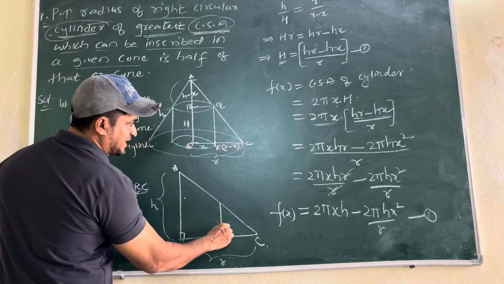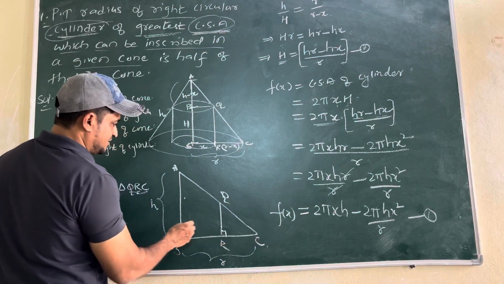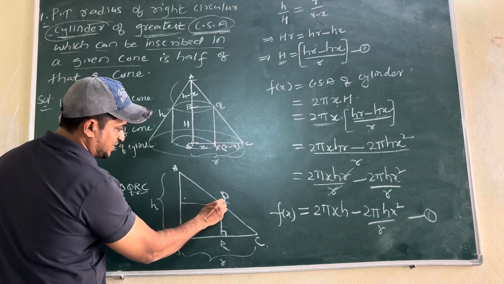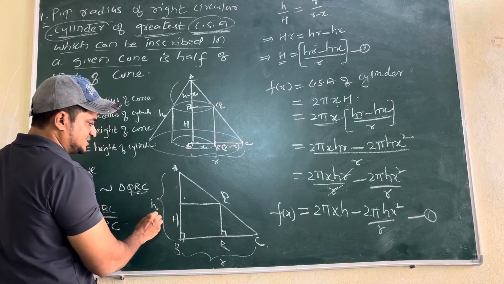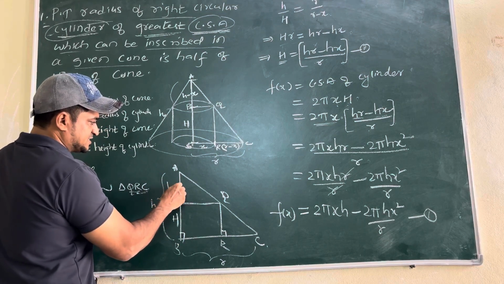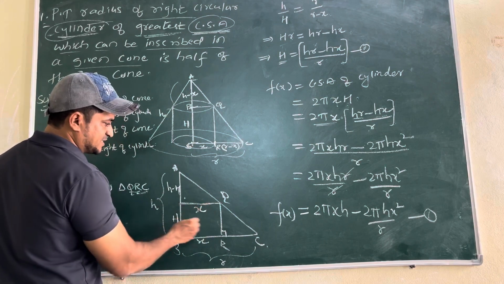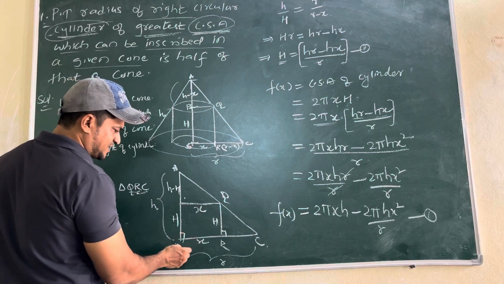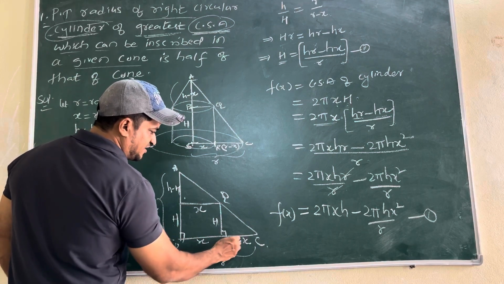There is one more triangle from this one, which is R, Q and C. We are joining this one because this is height capital H. This remaining is capital H minus h. This is x, this is also x. This is h, this is also h. You can remember that. This total is r. This one is H, and the total minus x is the remaining value.